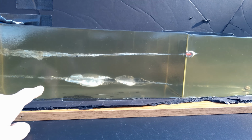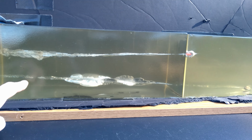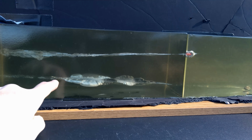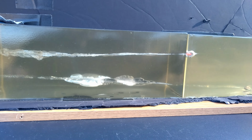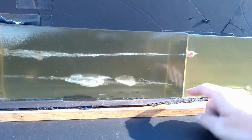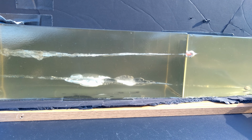The first one on the bottom, that's the 44 Special. As you can see, it comes in here. Obviously, I can just tell from looking at these little entrances and wound channels and disruption, there was no kind of expansion there. Right in here, it definitely tumbled at least once, maybe twice. It looks like a couple of tumbles in there. So you got a bunch of disruption from tumbles like you always do. Then it comes in here into the second block, keeps on trucking and stops backwards down here about halfway through